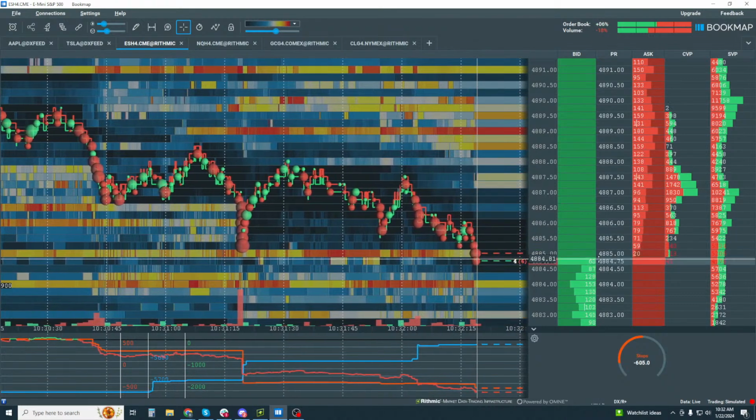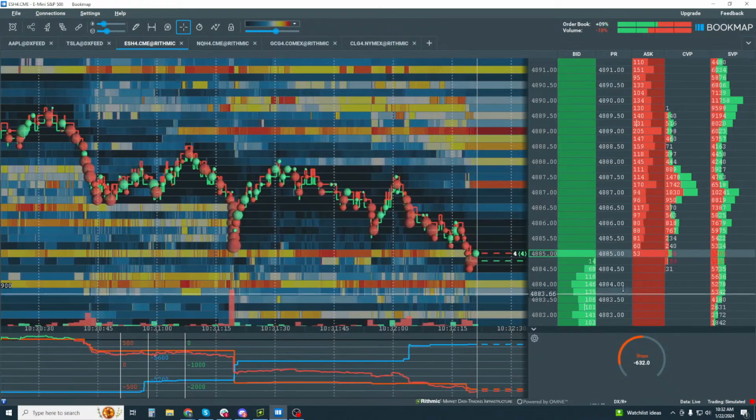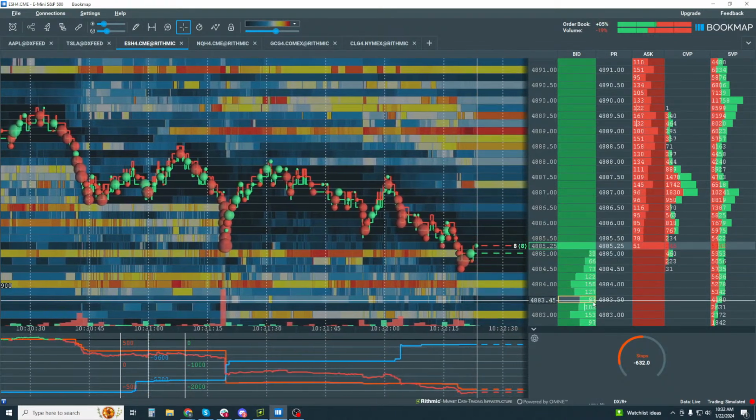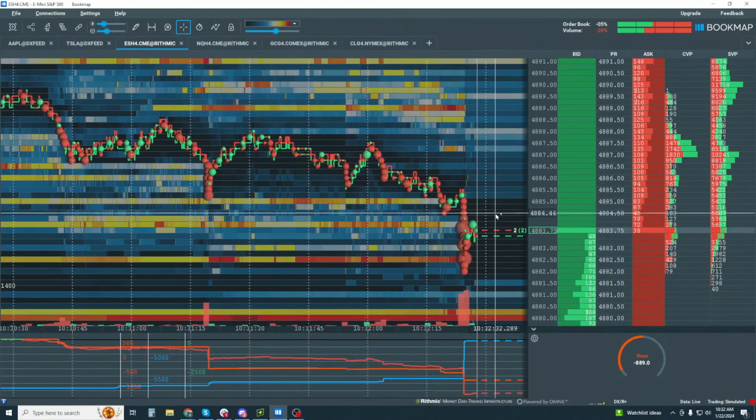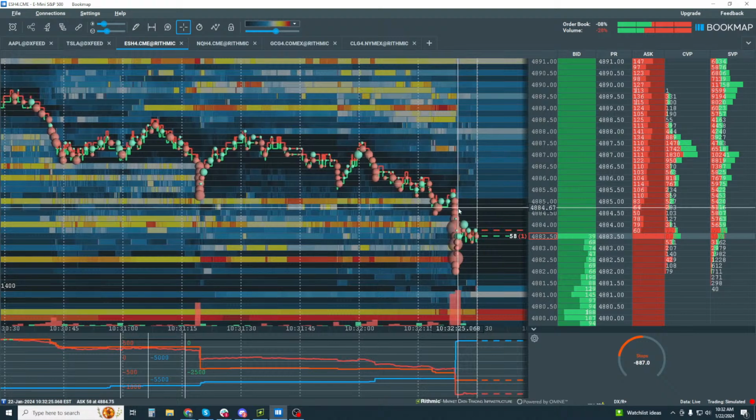Still waiting and watching. There we go. Now there's the move into that liquidity. Okay, still more down below. Okay, they're still hitting the bid. There they go. They're still hitting the bid. Okay, so